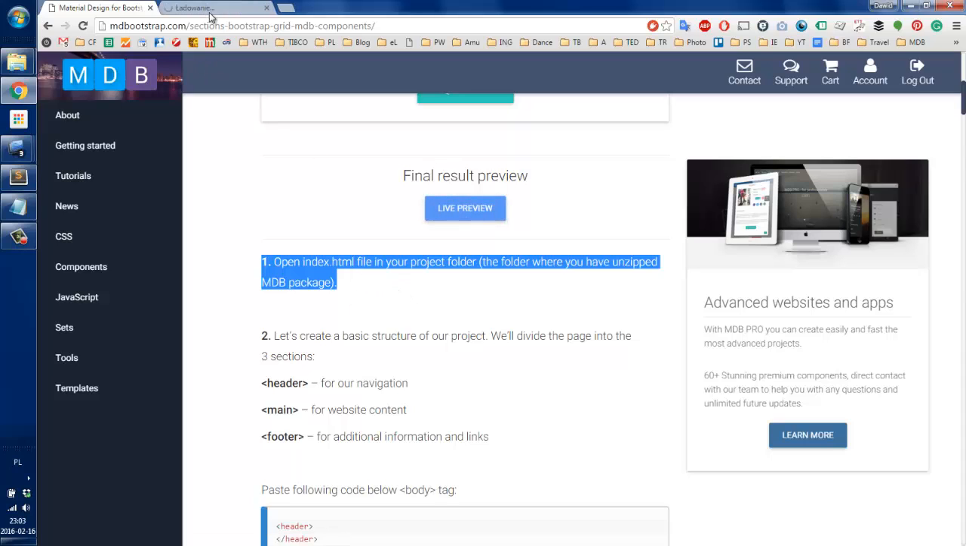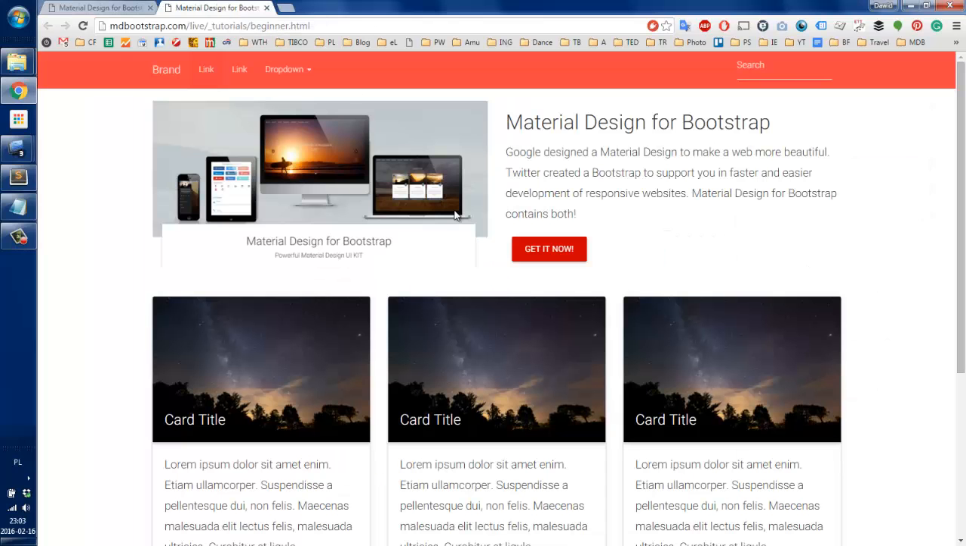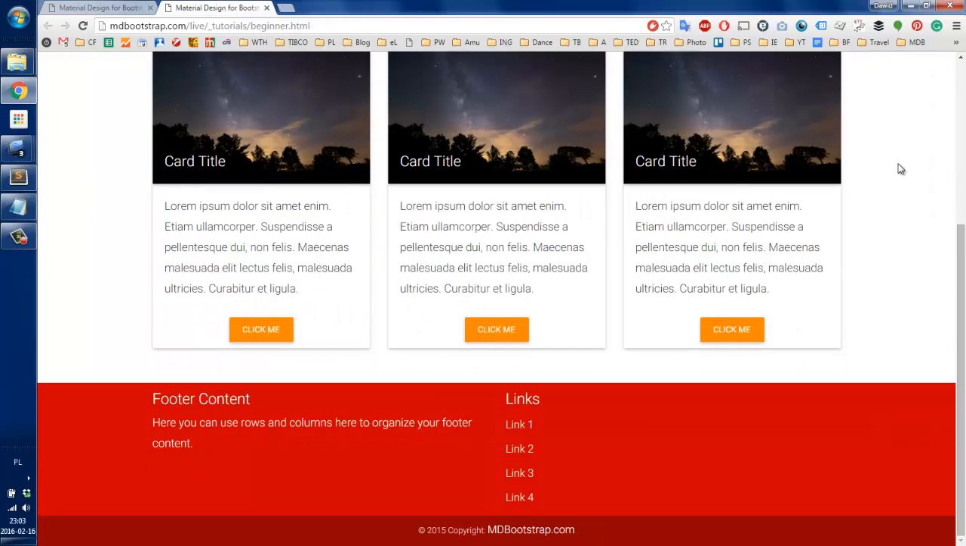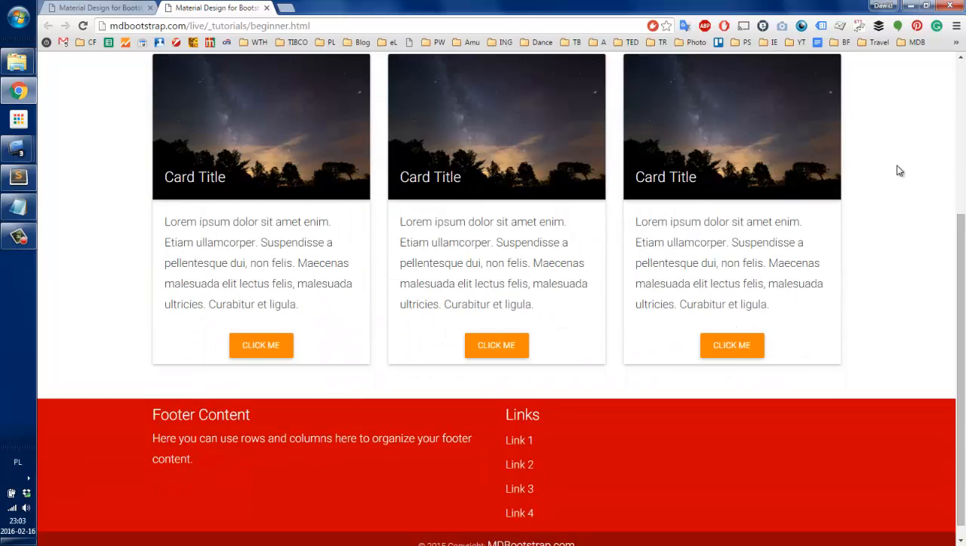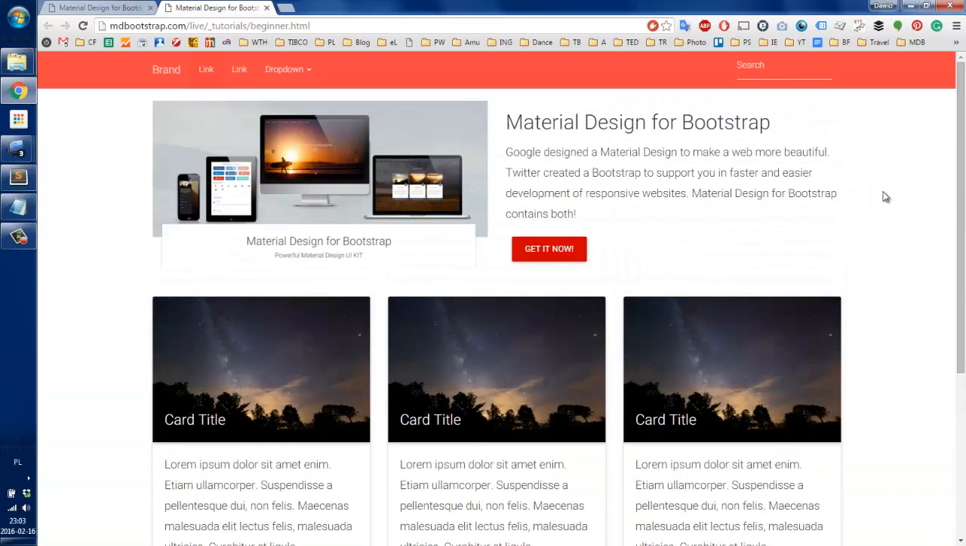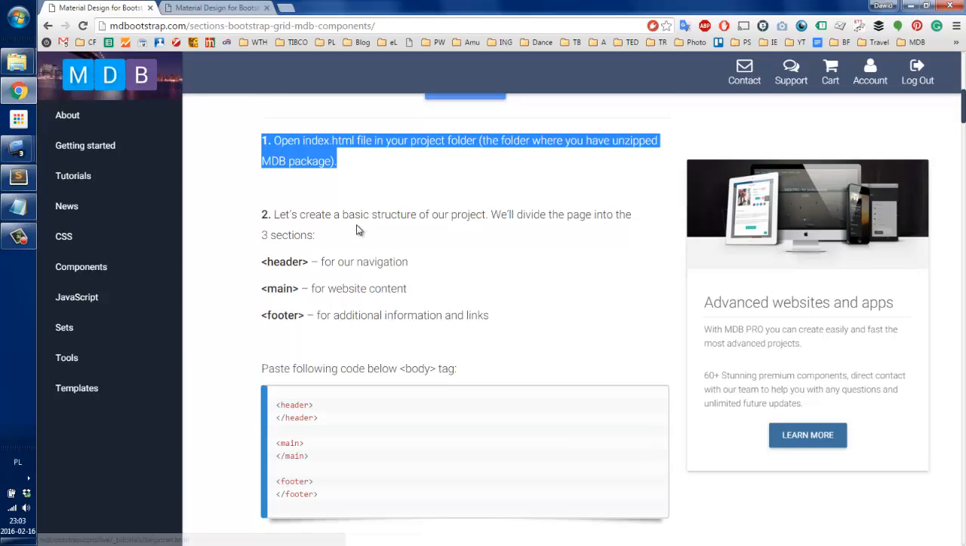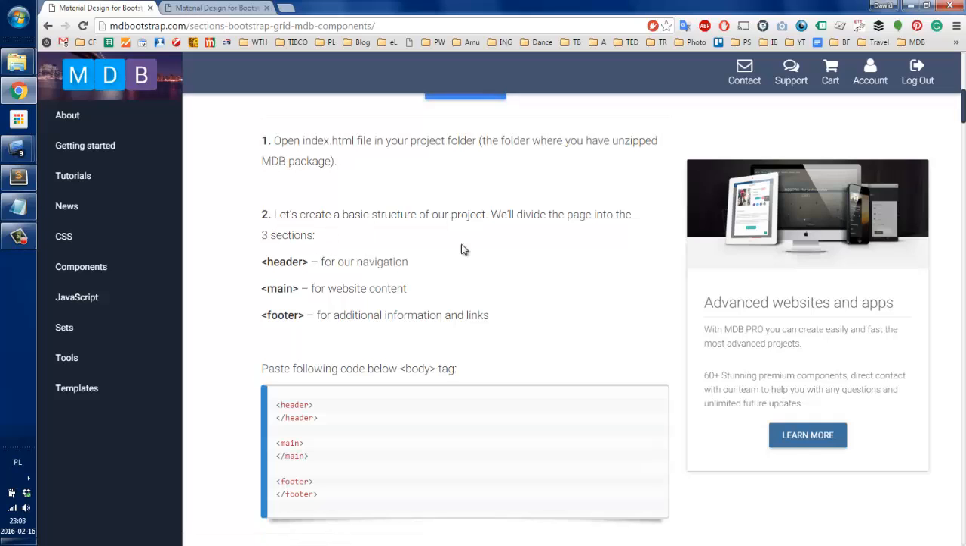Let's have a quick view on the final result. So that's what we will try to achieve in this tutorial. So here you have, that's what you will achieve. That's the website which we're gonna build in a couple of minutes. So let's continue. The step two,